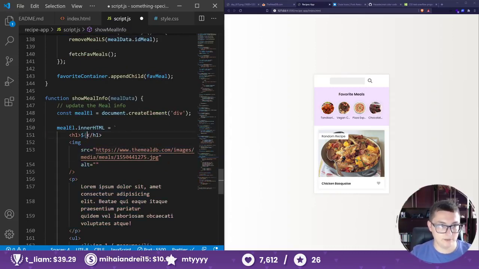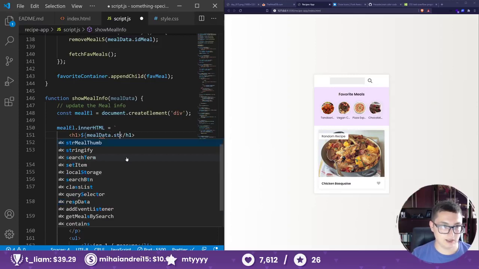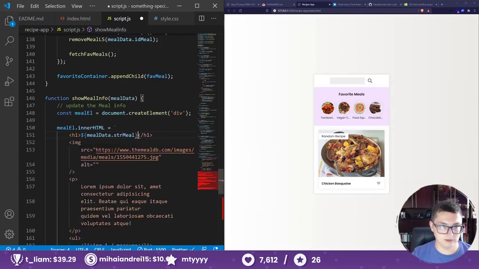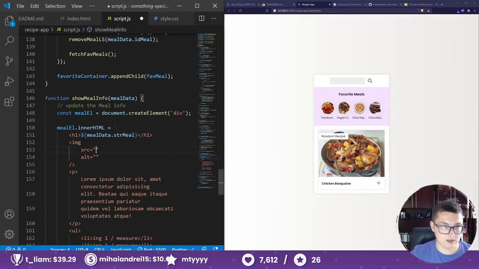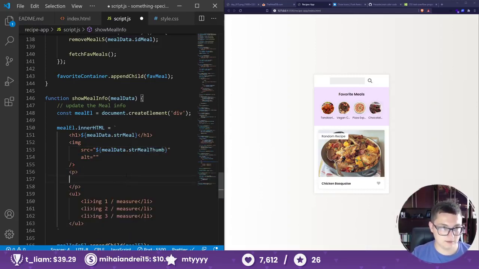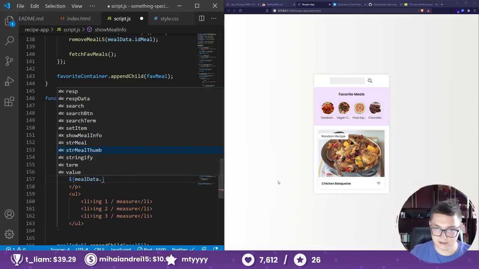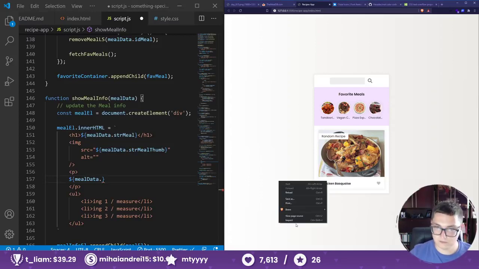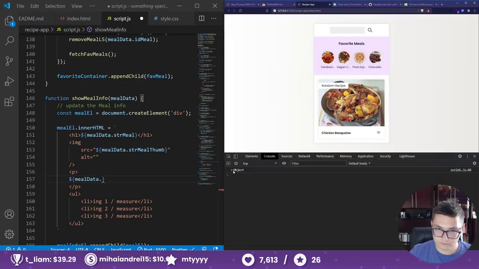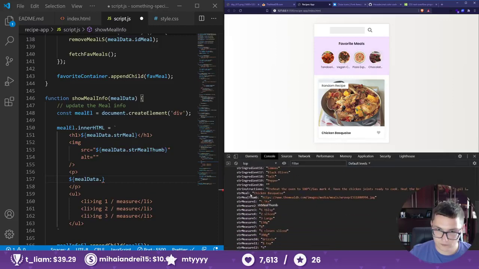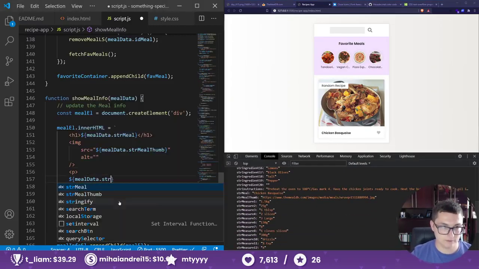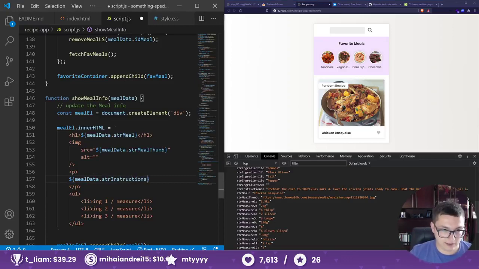The meal title will be mealData.strMeal. The meal image would be mealData.strMealThumb. This will be mealData.strInstructions. And this one, it's a tricky one. Let's leave it out for now,